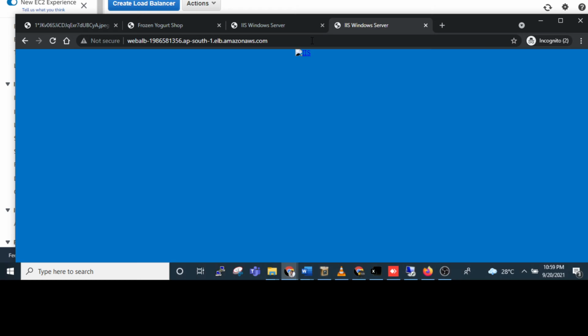After refreshing, it's going to the secondary instance that has the IS. So that means it's working. After hitting one, it will go to the first, and then it's taking the cache.